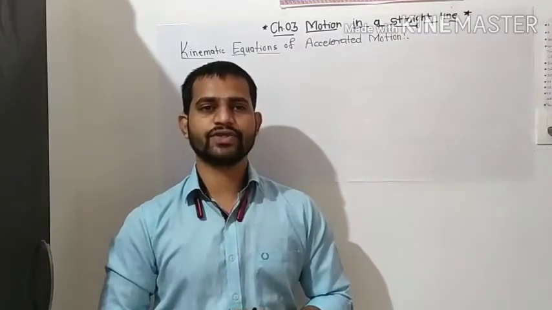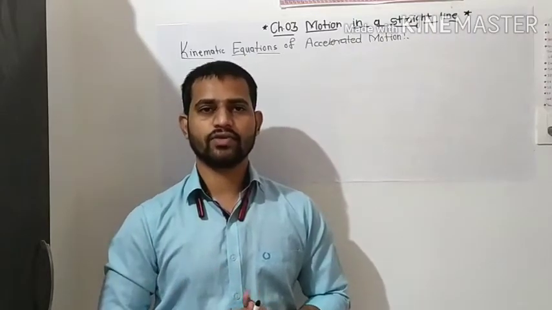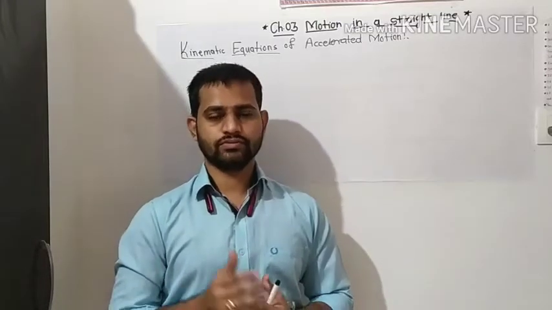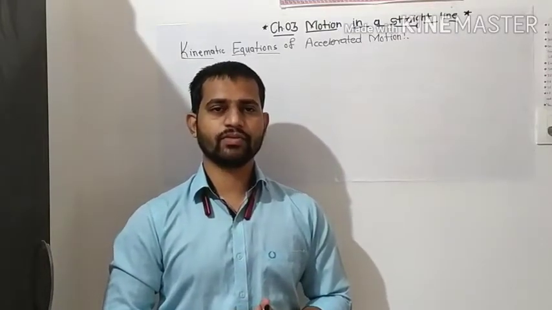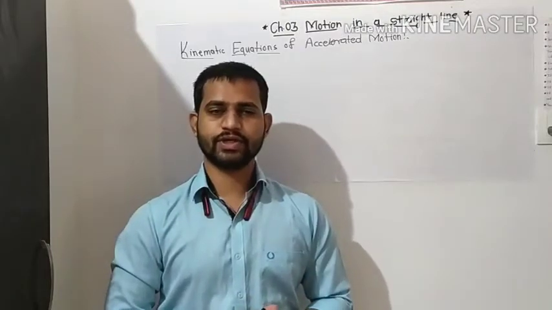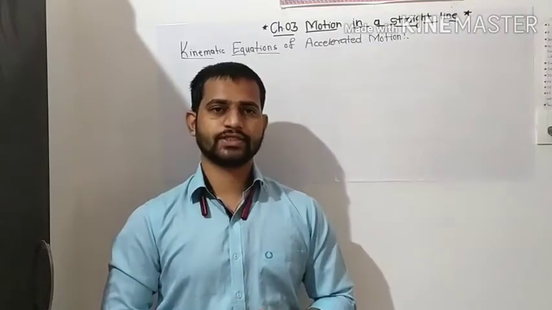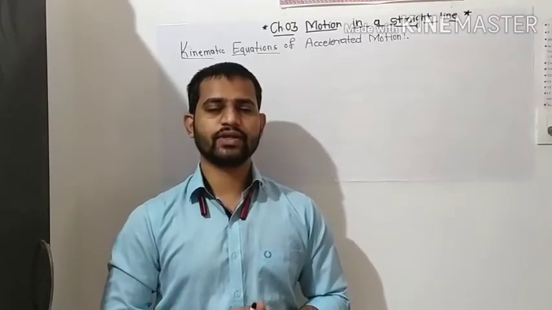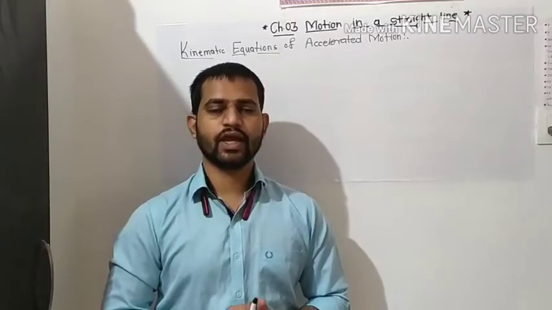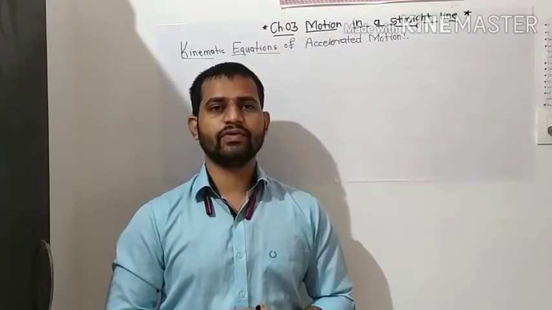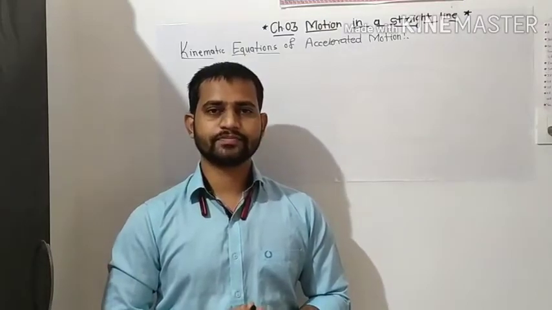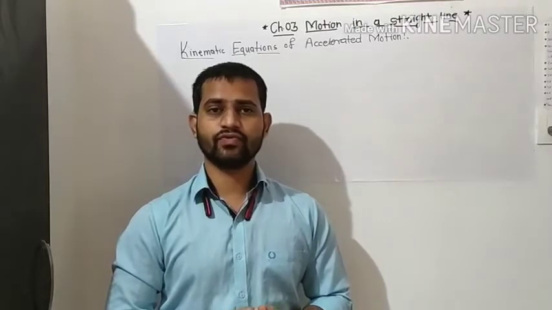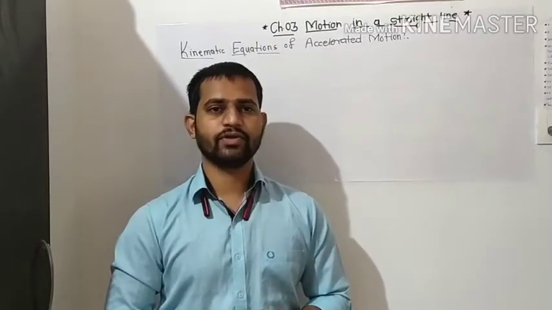There are three kinematic equations and we have to see how we can go for the derivation of these three kinematic equations. Suppose we have to travel from one location to another, and let the distance between them be s. Initially at the time t equal to 0, it has the initial velocity u, and after some time t, it will reach that point. At that time it will have the acceleration a, the velocity v, and the distance covered will be s.